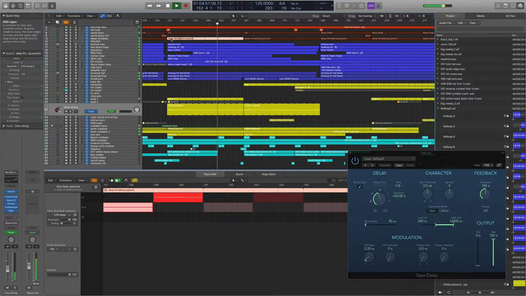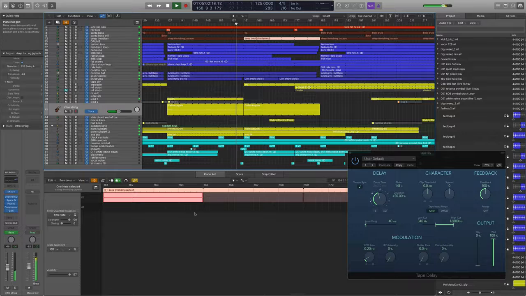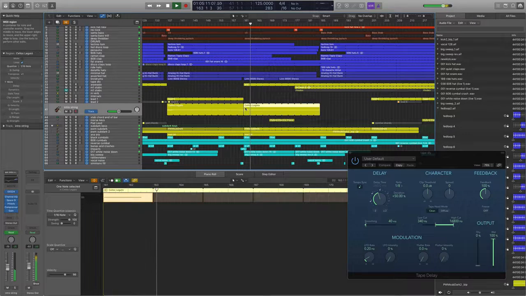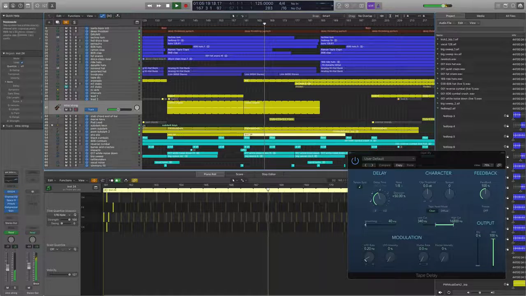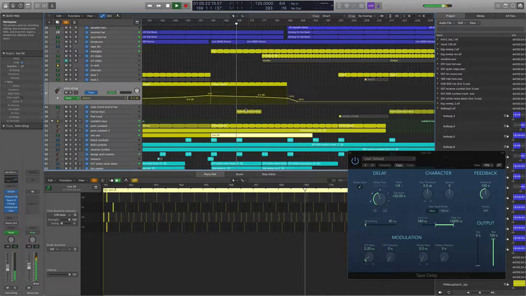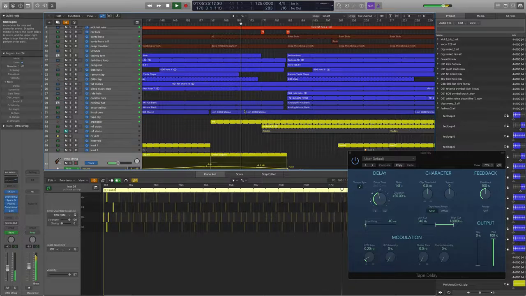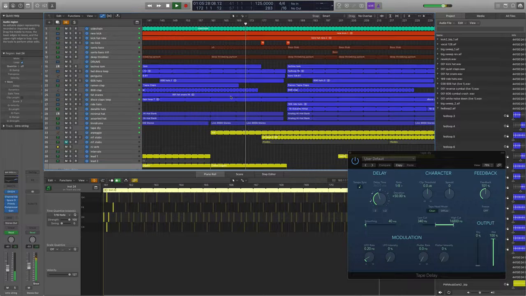And you'll notice the bass line is just switching between B flat and C, which is creating tension. We're not resolving down to G or changing to D, it's just switching between the two, which gives us a great place to move to D around about here. We're switching the intro string to a high D, changing the chord and changing the notes in the arpeggio. Using the same techniques of opening the envelope on the bass line, adding tape delay to the claps, and just holding everything on a D,